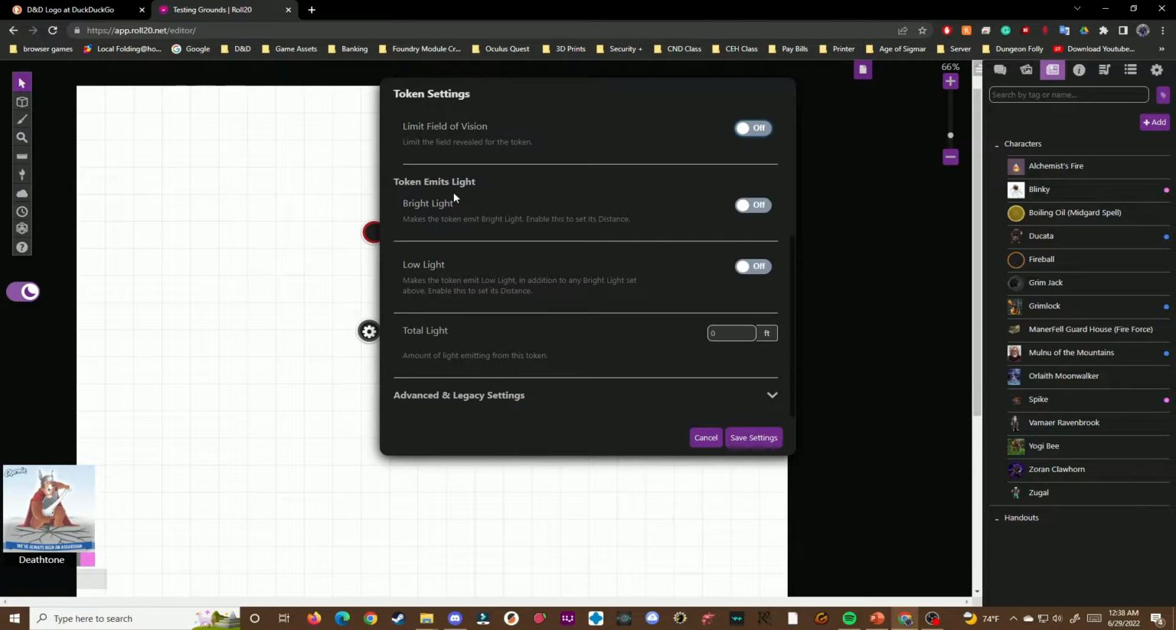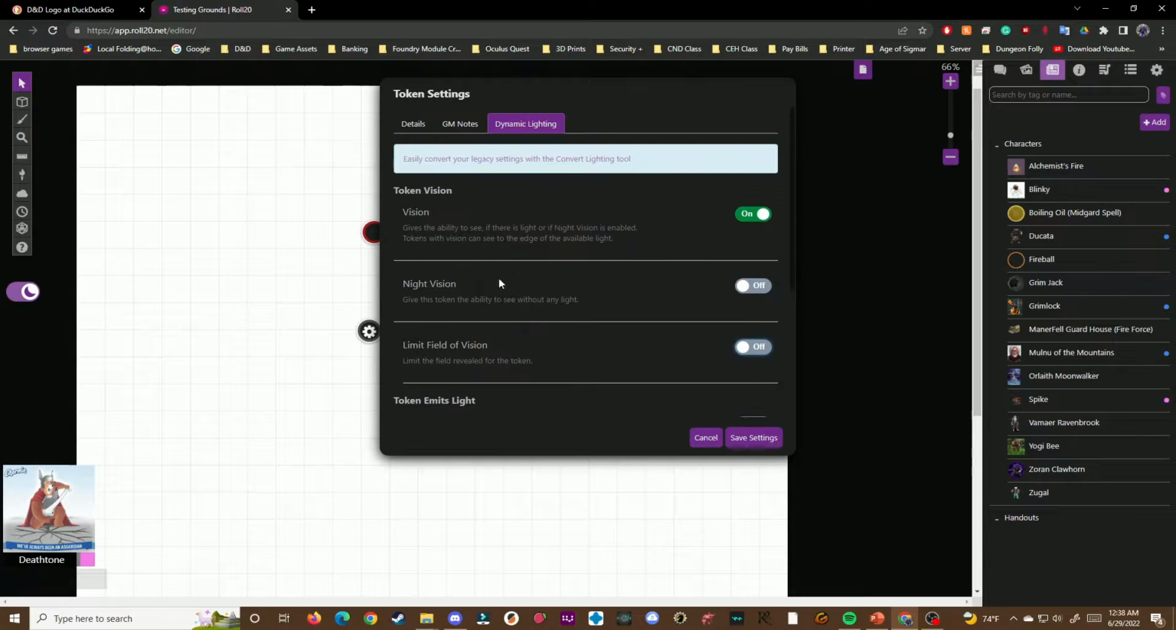Token can emit light. This is good for like if you want to make a torch token, that way you can give the players a torch that's a token that's already in your journal here, your character journal, and you can just drag it out onto the scene. Sometimes I'll do that. Same thing with low light, and then the total light, which is the amount of light that's emitted from that token. Don't bother using legacy. Legacy is getting cycled